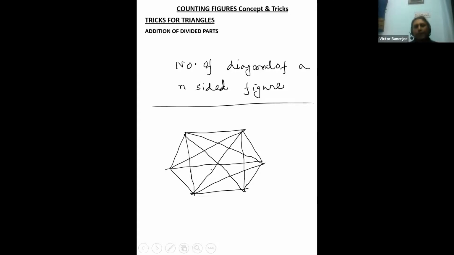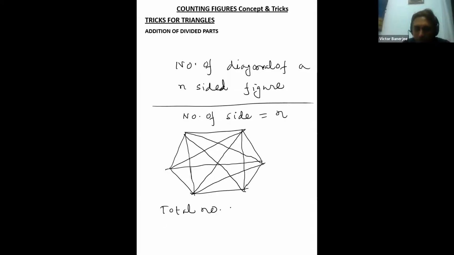Look at this. Now the figure is so complicated. If you have to calculate the number of lines in this figure, you will get confused. So what we'll do for this, first of all, one key concept: if the number of sides equals n, and when all these diagonals are connected, then total number of lines,